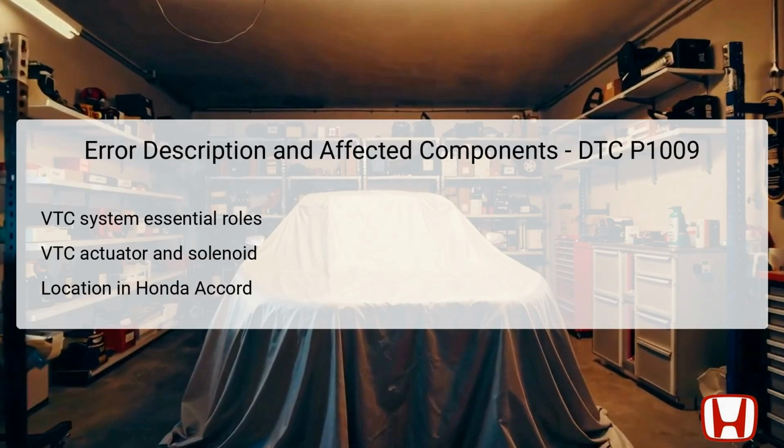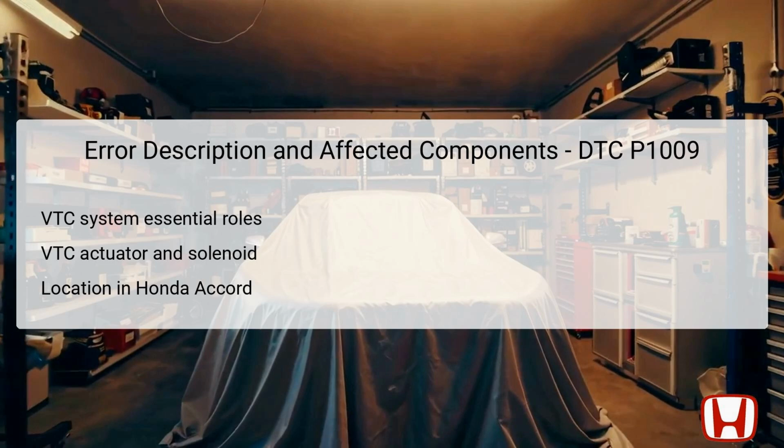The DTC P1009 indicates a malfunction in the Variable Timing Control VTC system's advance mechanism. This system typically consists of the VTC Actuator A and the VTC Oil Control Solenoid Valve A. The VTC Actuator is responsible for adjusting the engine's valve timing based on various inputs, thus enhancing engine performance and fuel efficiency. The solenoid valve controls the flow of oil to the VTC actuator, allowing it to respond accurately to